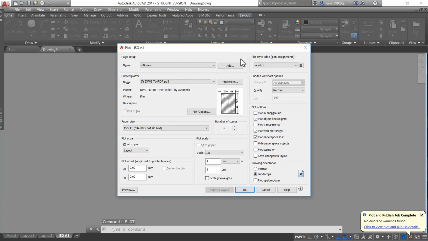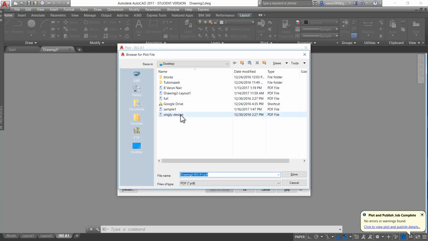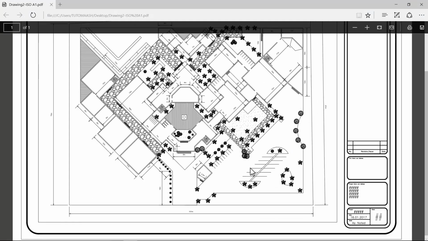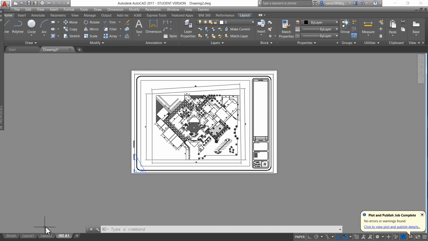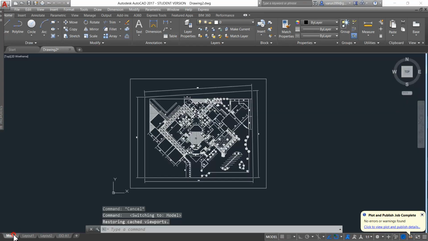So now you can see that the plot ISO A1 dialog box has been put up and all the settings are already defined. With the same condition, I will press OK to print like this, and I will save the drawing on my desktop like this. Correct. So this will bring about the layout printing as PDF. Pretty easy, right? And the last and the most important method that we have to learn in plotting is